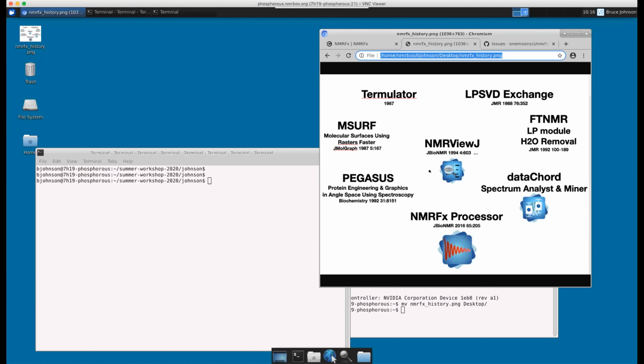The one that really took off and did it well, with thousands of citations now, is NMRBox20, which we first started releasing back in the early 1990s. So I don't even like to do the math and figure out how many years that's been going on. It was basically visualization. Once you'd processed, way back then, we would process in FTNMR or Felix. More recently, a program like NMRPipe. Once you've done your processing, you could go in NMRBox20 and do all the visualization, peak picking, assignments, and things